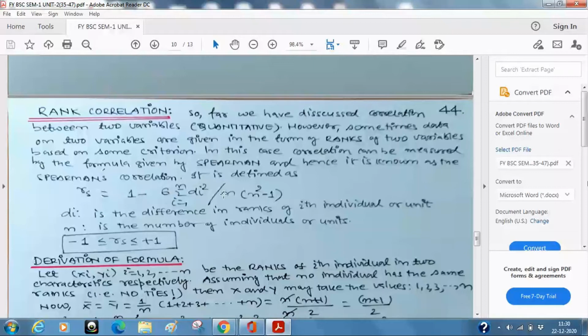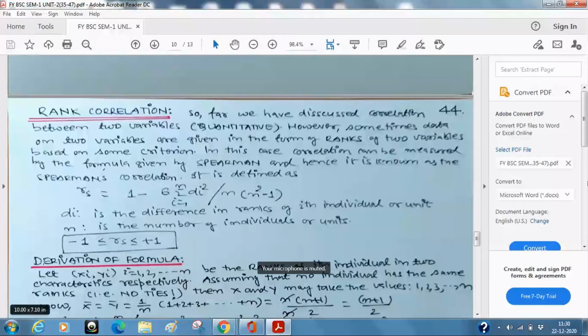So we are going to derive the formula. The Karl Pearson correlation coefficient we have also, in a way, derived, in the sense that we just used the basic formula of the variances and the covariances. And we got very simply the formula: summation xi yi minus n times x bar y bar, divided by the square root of variance of x and variance of y. We just plugged in the values of the variances and the covariances. But here, what are we doing? This is the formula. So let us see how we are going to derive it.